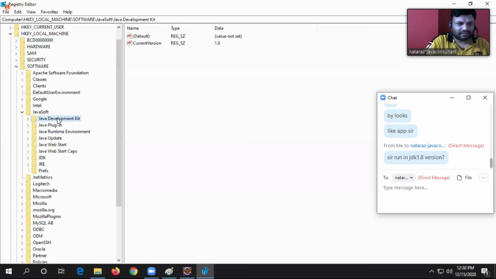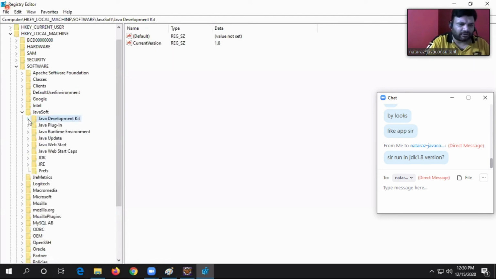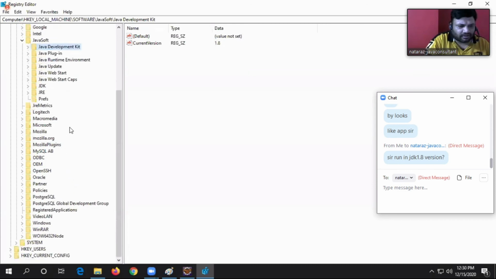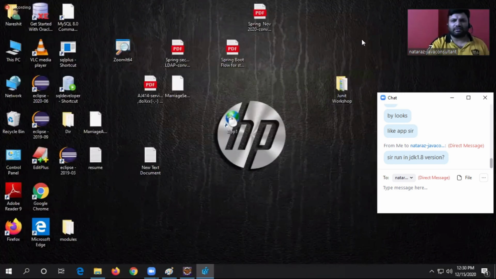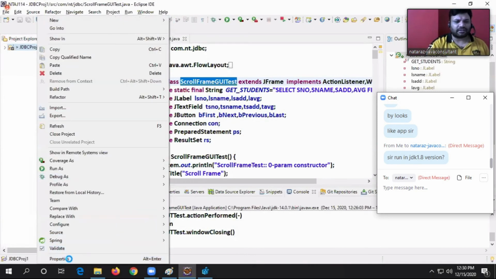Right. Java Development Kit. It is having maximum 1.8 only. Okay, it is maximum having 1.8. Okay, I don't touch that, one minute. Anyhow, I have not used great features of that.